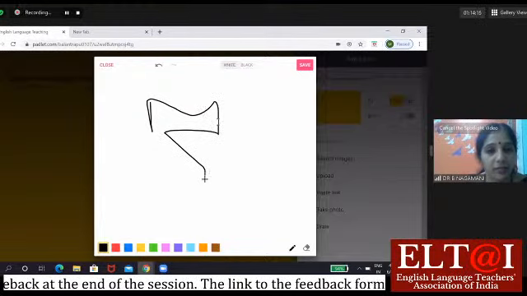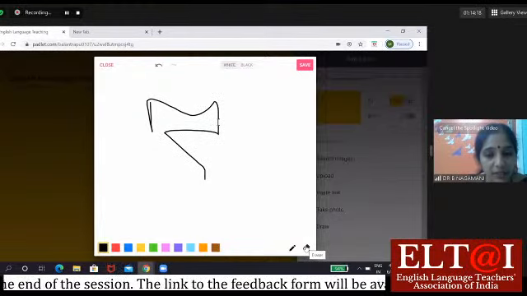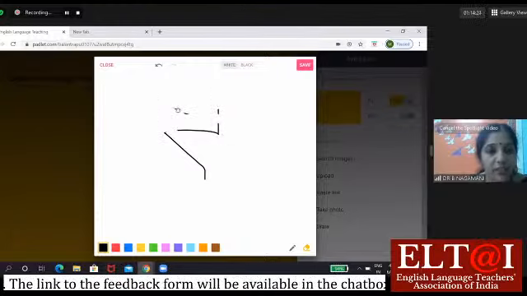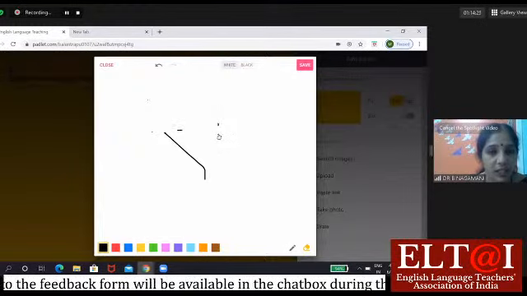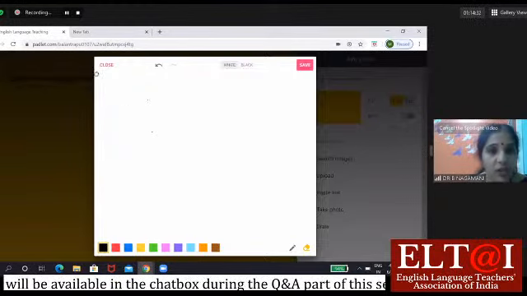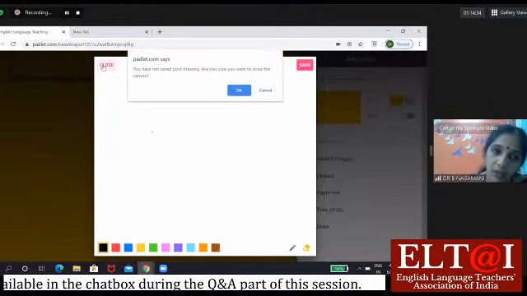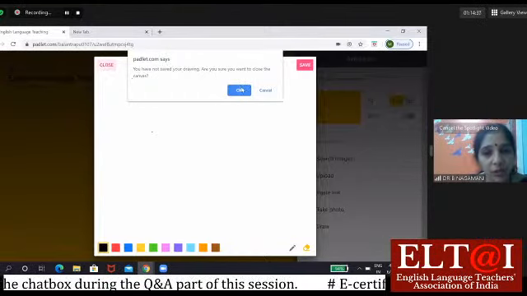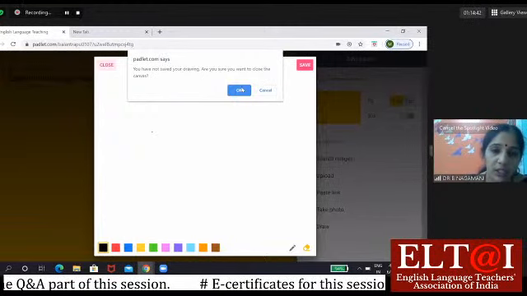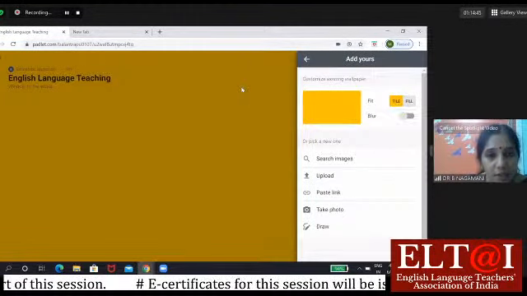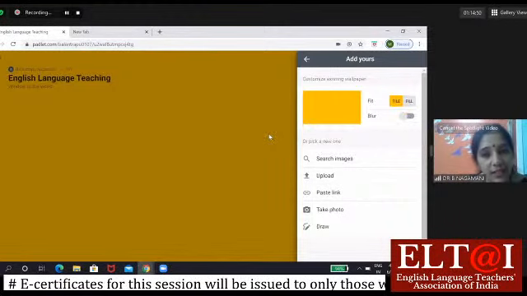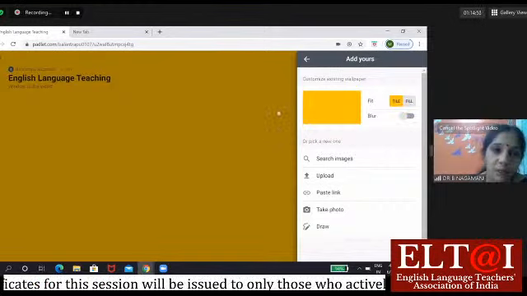You can do anything. Now you would like to erase this? Yes, there is an eraser there. You can erase if you are not interested in continuing with this drawing, but you would like to draw something else. In case you don't want to go with the drawing option, you can straight away close the window. It gives you the notification. If you're not interested in going with the option of drawing, you can click OK and the drawing is not saved now. You find the same wall pattern here because I haven't selected anything from the available options.